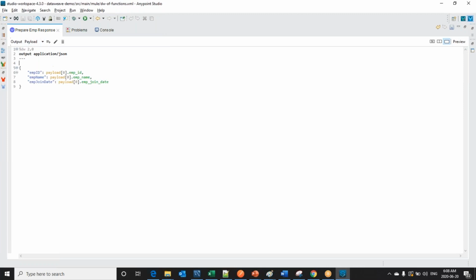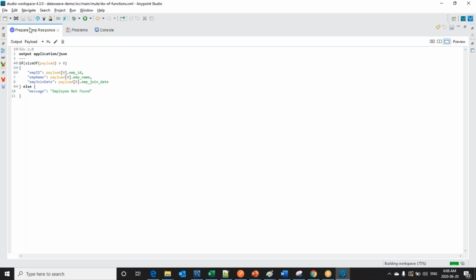So now I can write if size of payload is greater than 0, then form this. Otherwise, I should form the response as message employee not found. Save it.